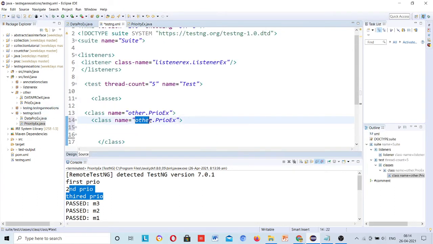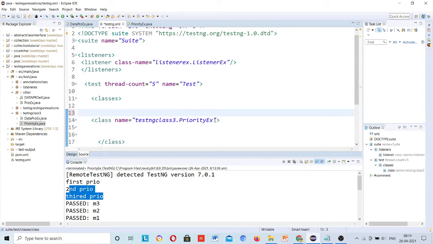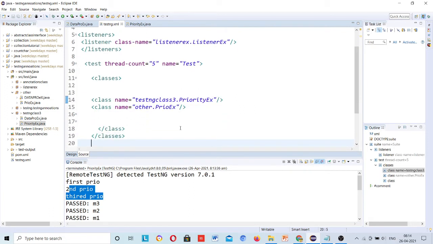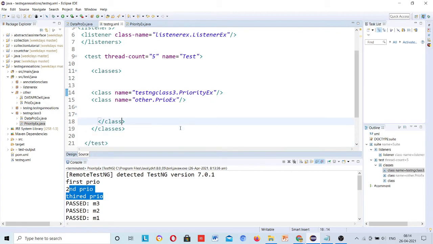So I will give here testng class 3, and class name I will give this. Okay, I will give this after this because I want to run this first.